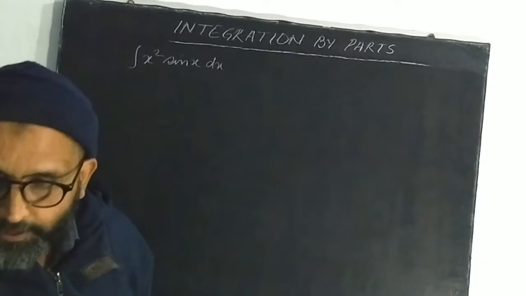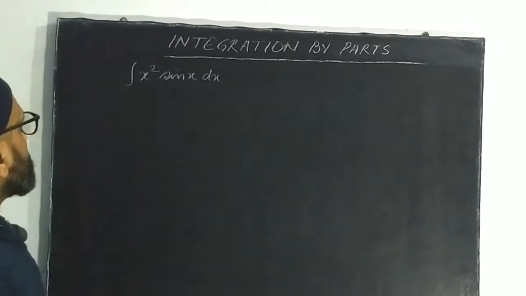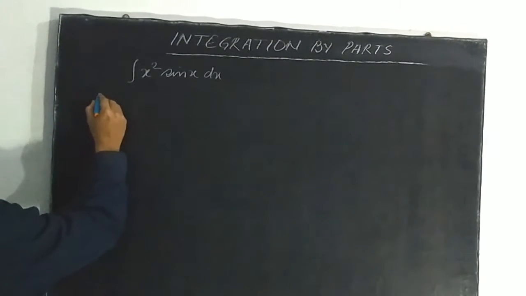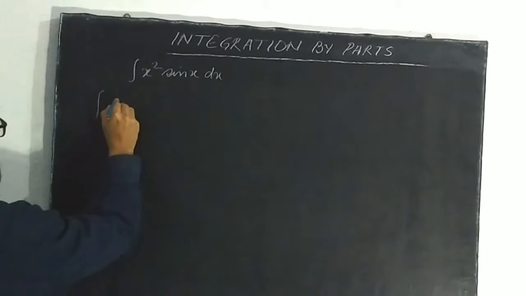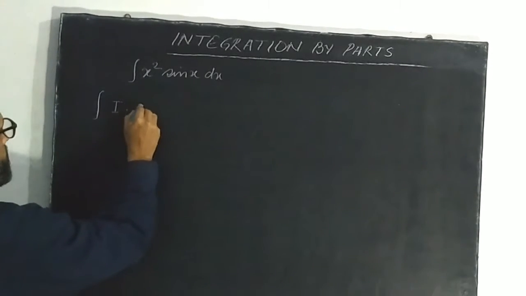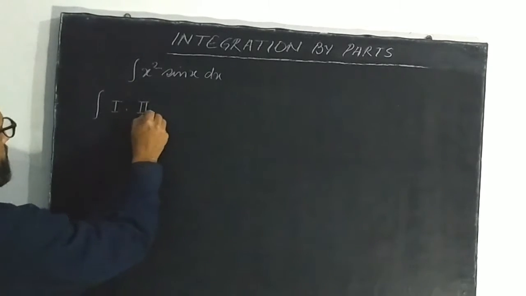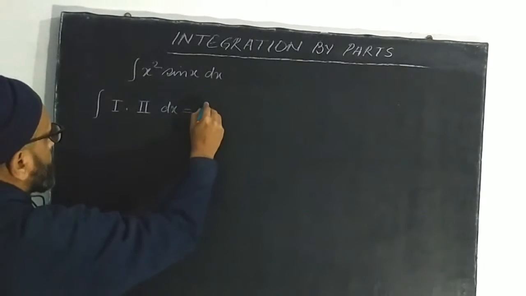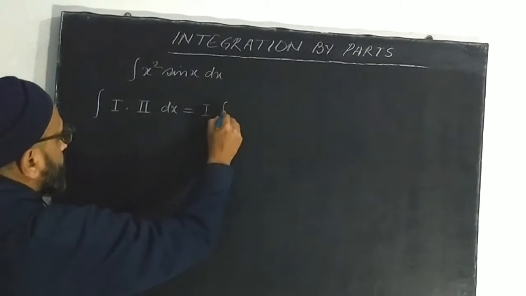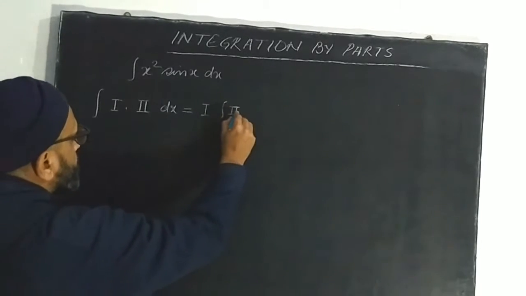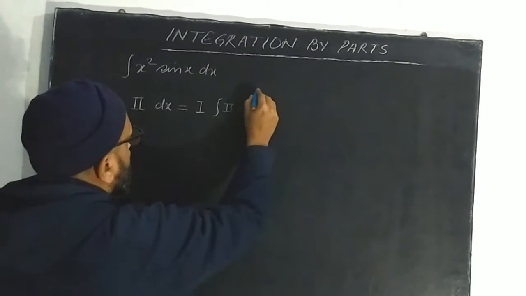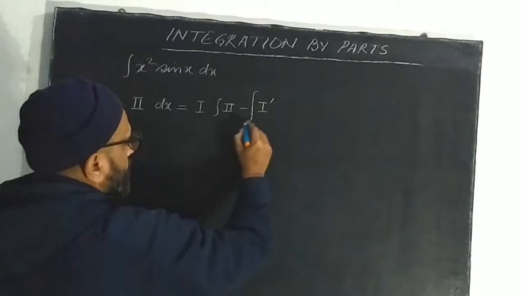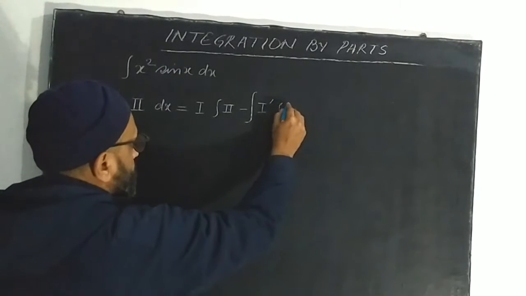So what is integration by parts? Let's talk about it. Basically, integration by parts is a formula which is: integral of first into second, where first and second mean first function and second function, dx is equal to first function as it is, integral of the second function, minus integral as a whole, differential of first and integral of the second,